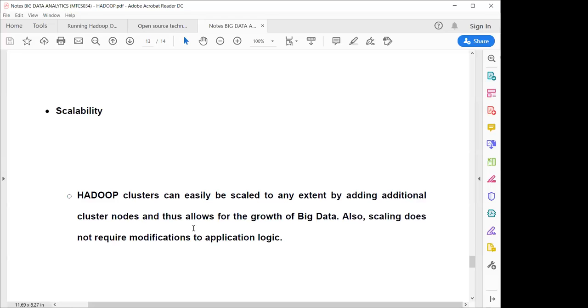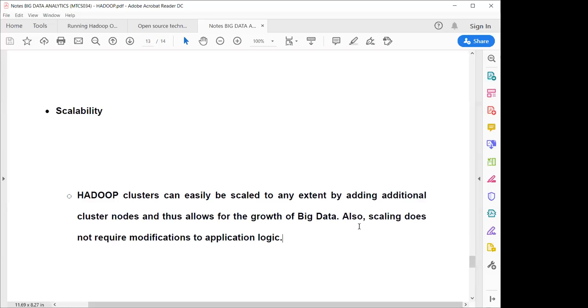Also, scaling does not require modification to application logic. This is very important. Suppose you have written some application; irrespective of the number of users, you do not change your application frequently. When you think your application requires modification based on features or logic, then you change it. But if your number of users is increasing on a Hadoop MapReduce system, you do not need to change your application logic.